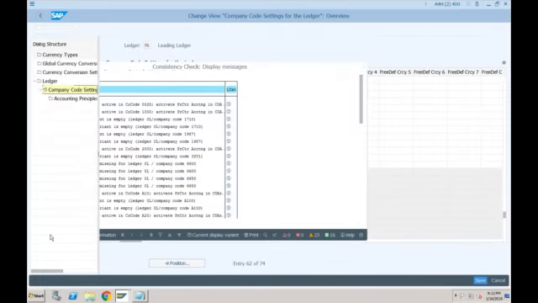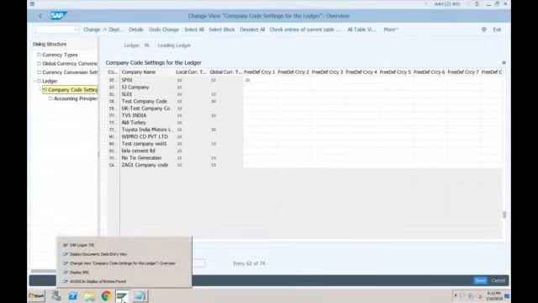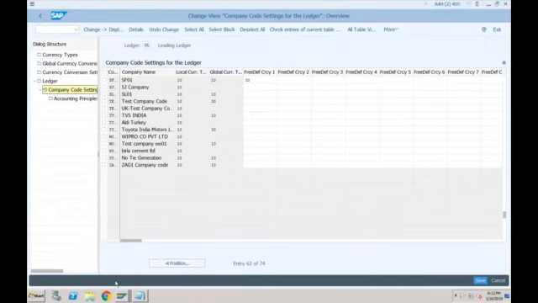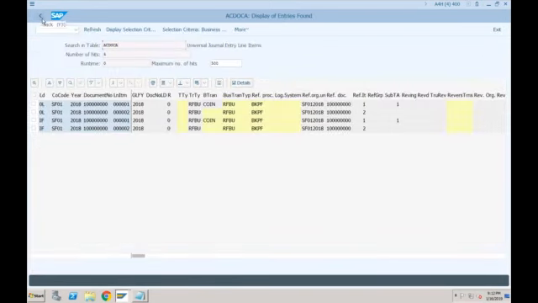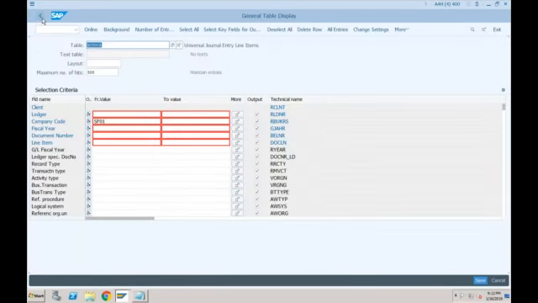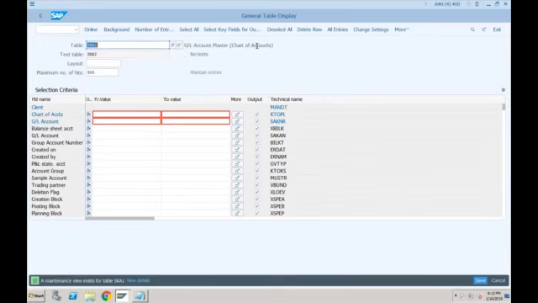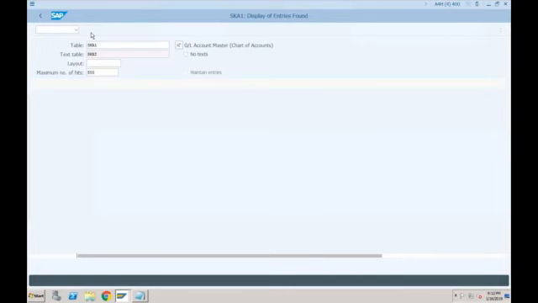Okay, any questions till now? Maybe the last one, let me show you some tables for the master data. Just to avoid any kind of confusion, all the master data tables are as they are. For example, for GL master, you have the SKA1 table for chart of accounts level. If you specify the chart of accounts SF01, it will show you the two GLs that we created.